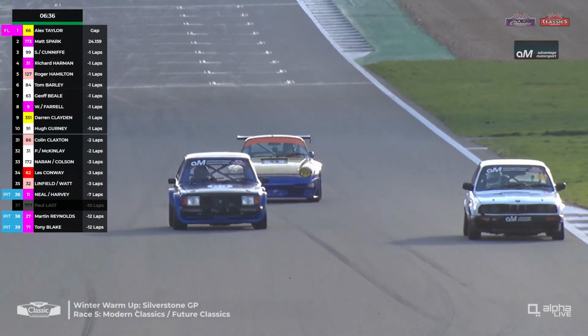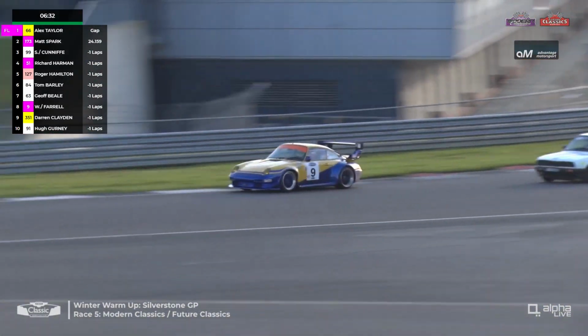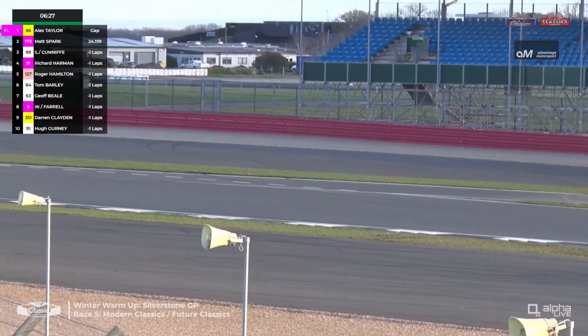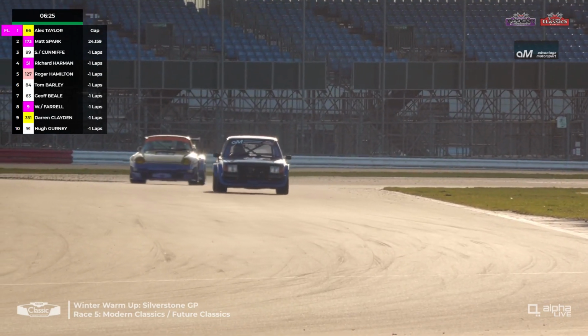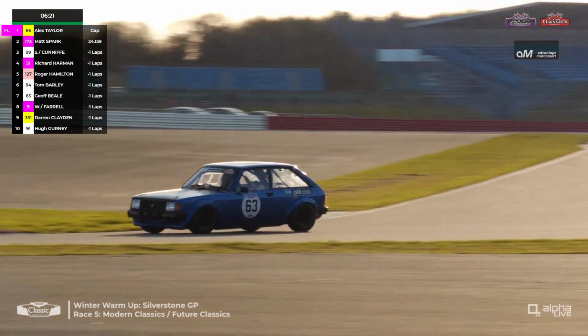There's more traffic to deal with, which I think is Les Conway's car. They're going to sneak through, and Aidan Farrell was in two minds as to what to do there. You could see just the body language of the car. Do I go through? Do I not? He just prevaricated for a period of time, and that's just given Jeff Beale an extra couple of car lengths,